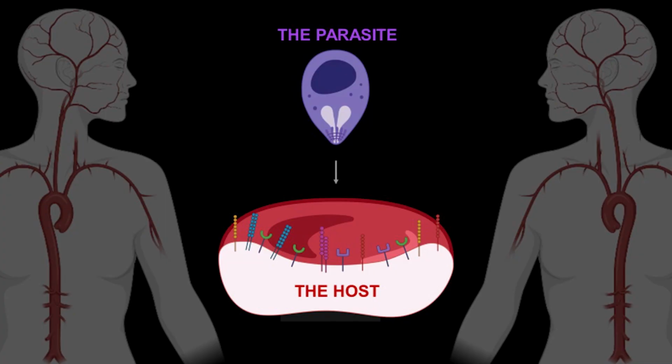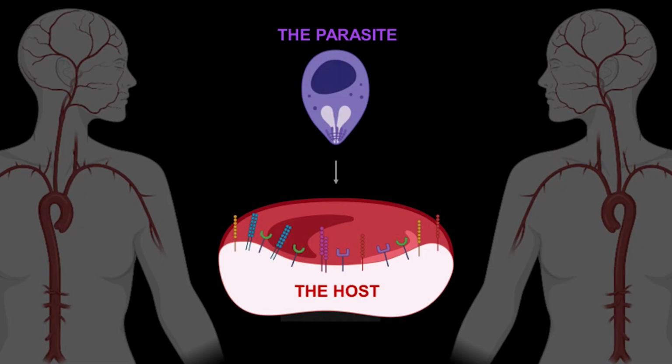We now know that malaria is caused by the single-celled parasite, Plasmodium falciparum, which is transmitted to humans through the bite of an infected mosquito. The parasite will then eventually make its way to a red blood cell and invade it. When inside its red blood cell host, it develops into many more parasites, which burst out of the host cell and go on to invade others. The aim of my PhD research is to understand how this invasion process occurs through investigating the molecular interactions between the parasite and the host.